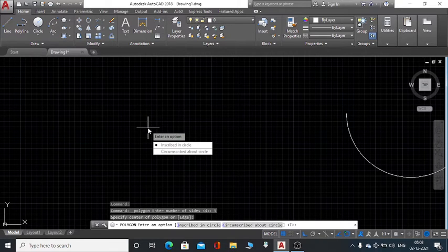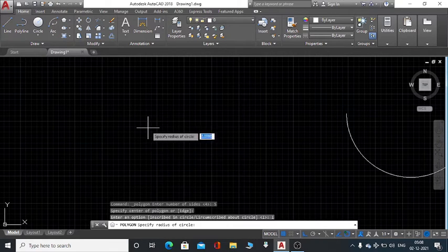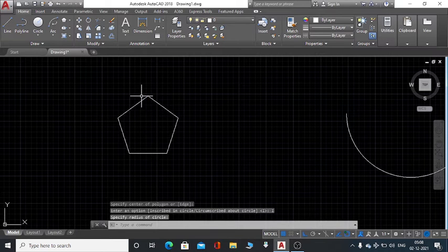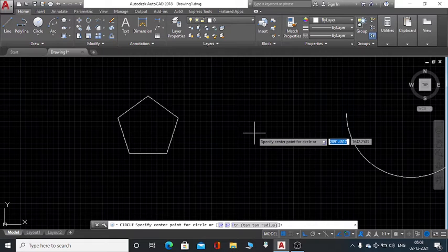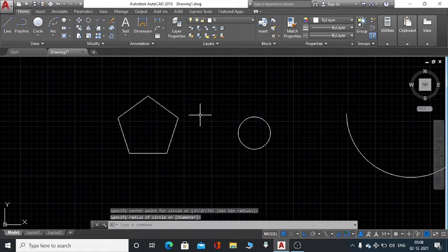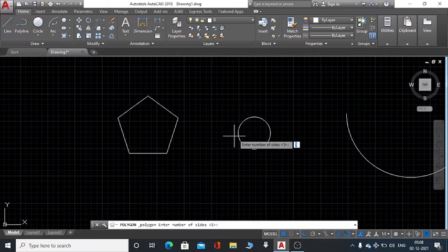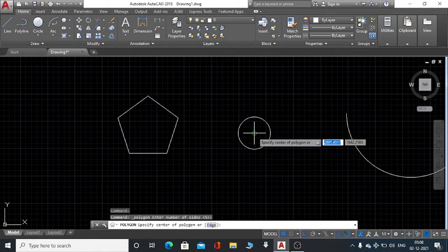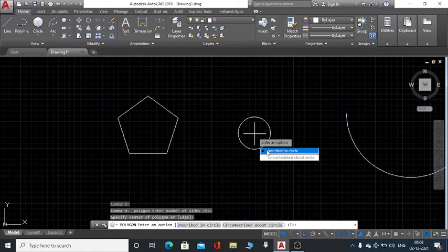Center of polygon, suppose inscribed in circle. Suppose I draw a circle. Now I click polygon, enter number of sides 5. Okay, center of polygon is this, inscribed in circle.